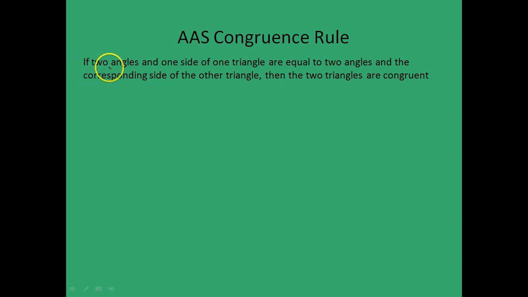It is stated as: if two angles and one side of a triangle are equal to two angles and the corresponding side of the other triangle, then the two triangles are congruent. Let's see what it means geometrically. Consider two triangles. Let's name these triangles as ABC and